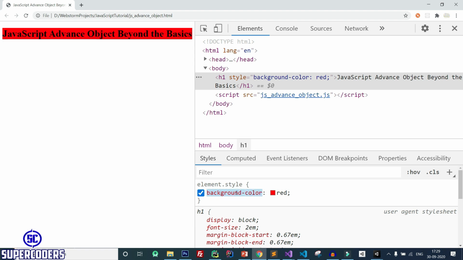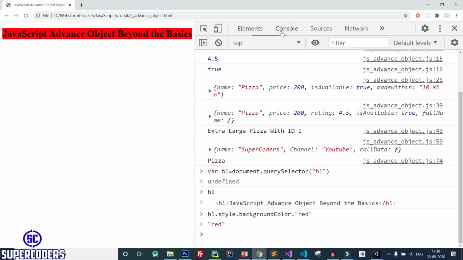You want to set the property of CSS using JavaScript, but want to use it as a CSS property, not as a JavaScript property. In CSS the property should be background color, but in JavaScript it is represented differently. So you want to set the value using the CSS property.